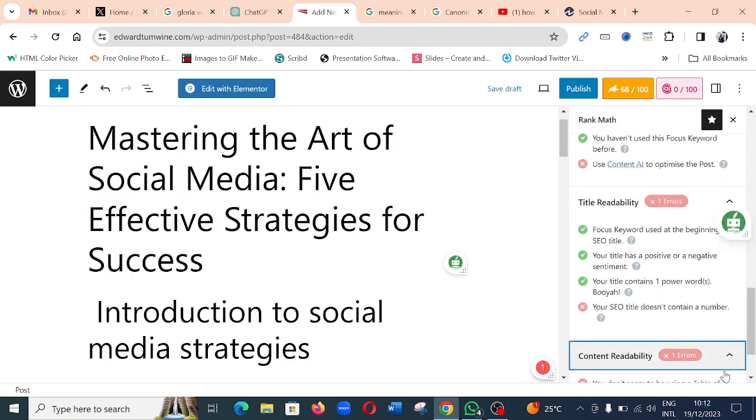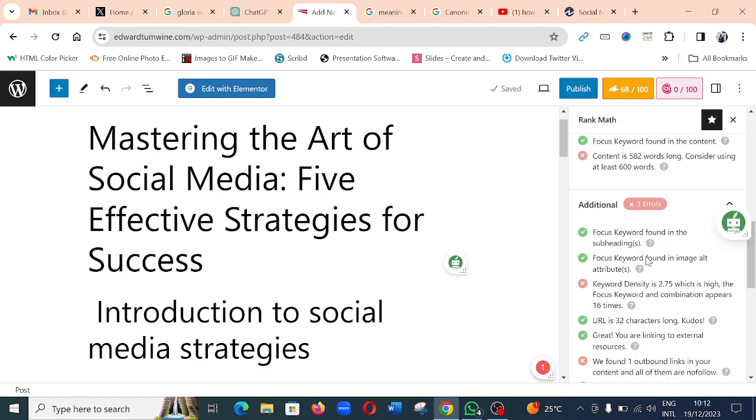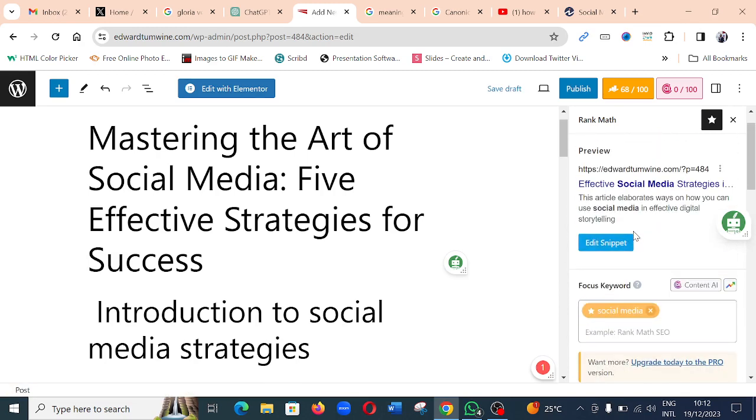Okay, content readability, short paragraphs. Okay, so you can ensure that you tackle most of these things to ensure that you can increase your ranking to a favorable rate. And I'd also encourage you to